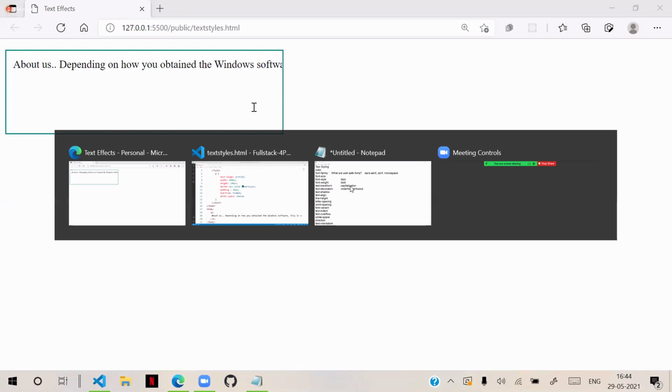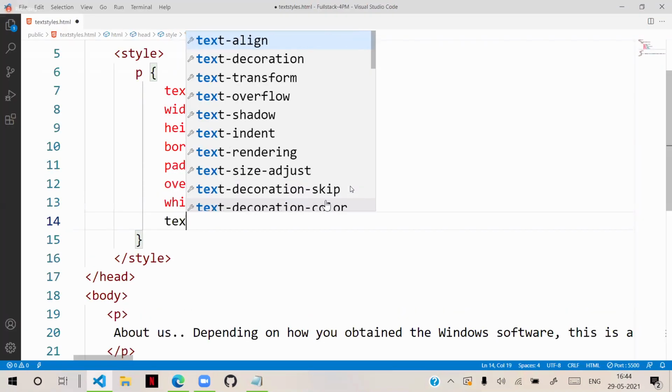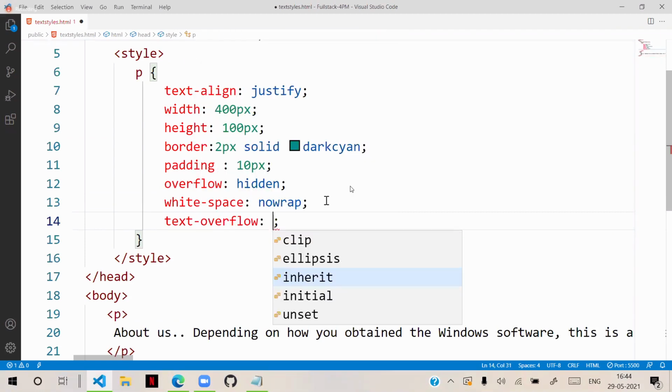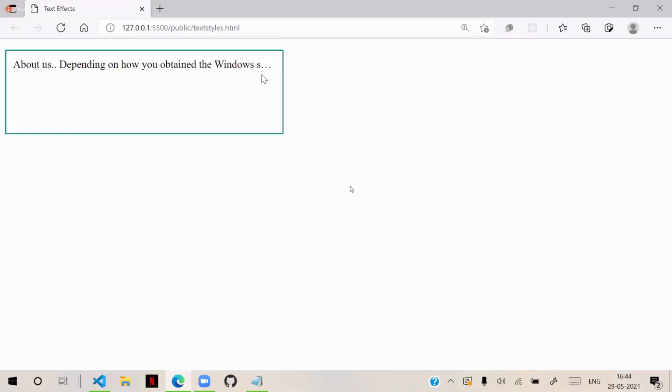Now we can add one more option, text overflow. Text overflow, we can keep as ellipsis. When you keep ellipsis, any additional content will be replaced with dots on the right side.